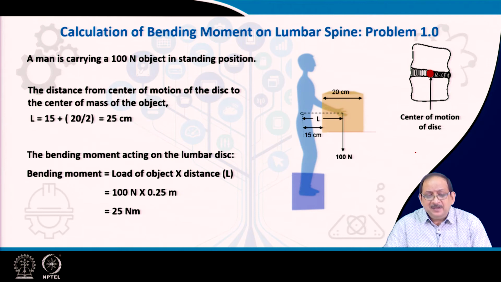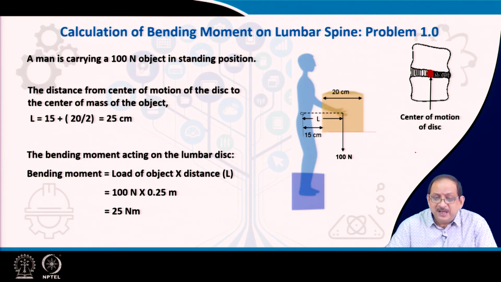Now, a man is carrying an object of weight 100 Newton in a standing position. Now, the distance from the center of motion of the disc to the center of mass of the object